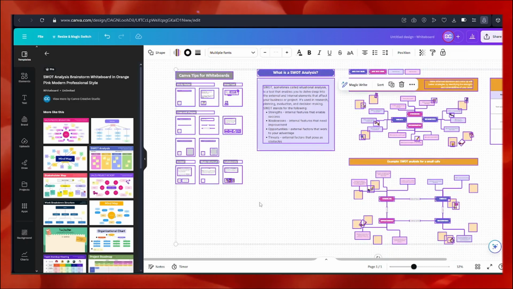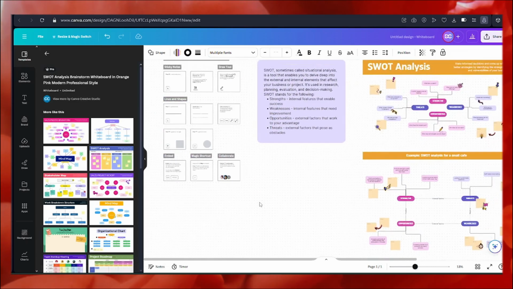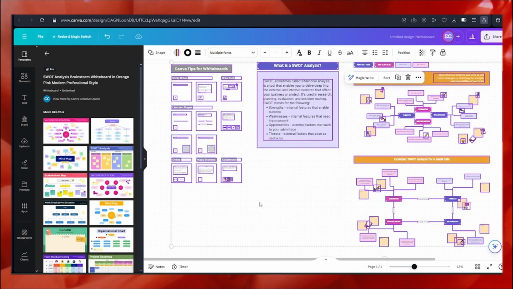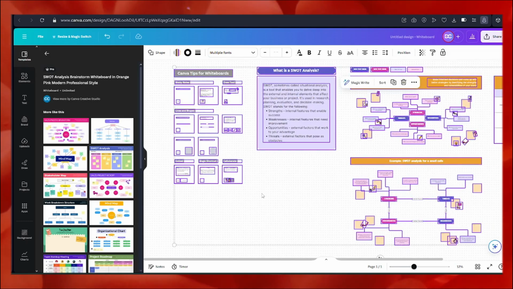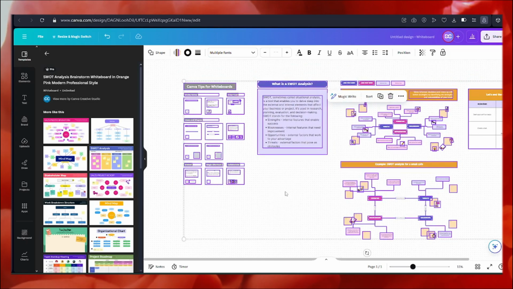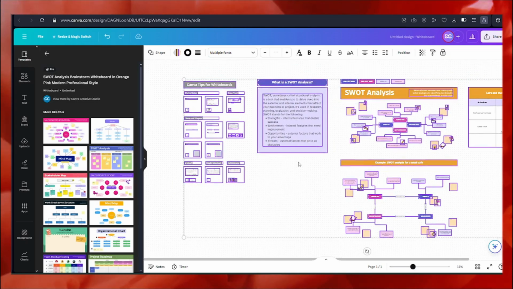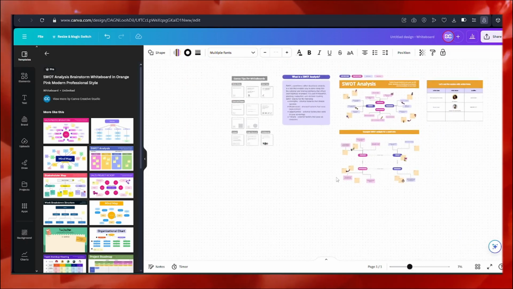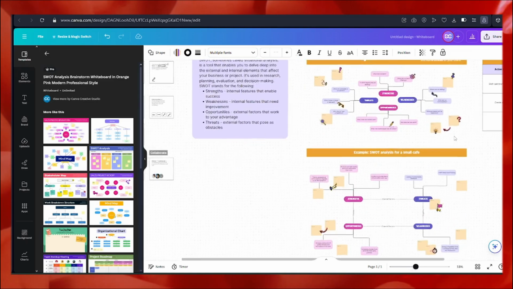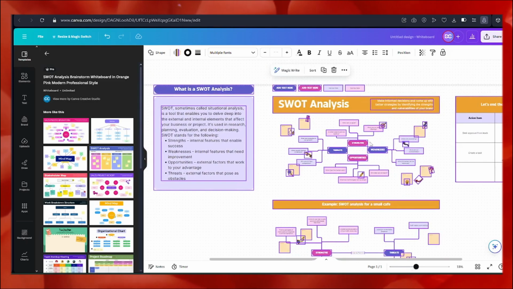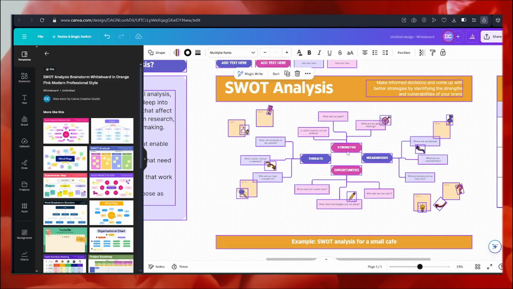and collaborative features. So how can we use a template, or how can we build our own? Well, if you are using a template, you will find it easier to just run through different sections that are pre-made, and you can input your information as you go. If you scroll down, we have the strength, threats, weakness. As you can see here, SWOT analysis, there are strengths, weakness, opportunities, threats.